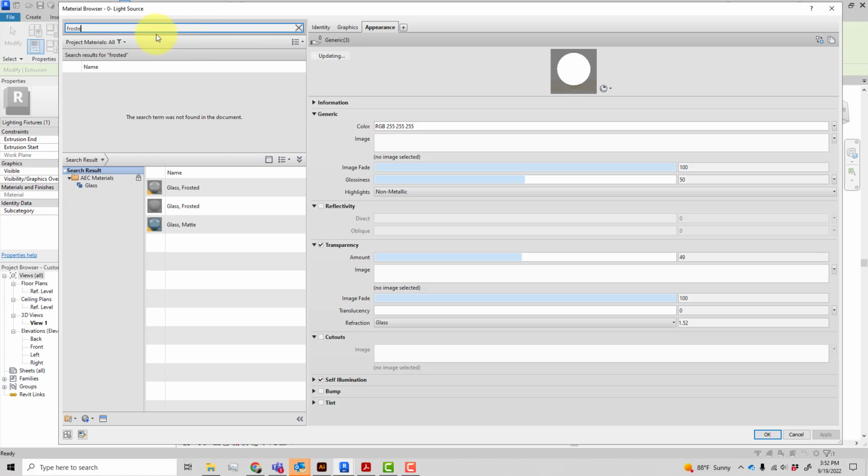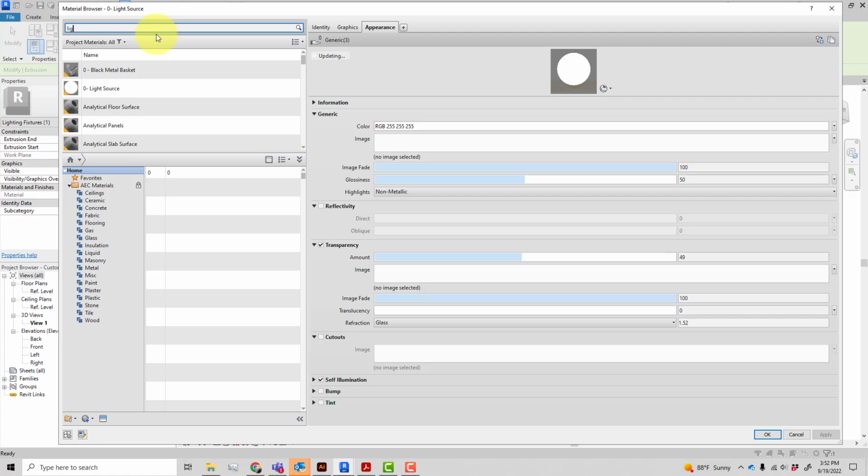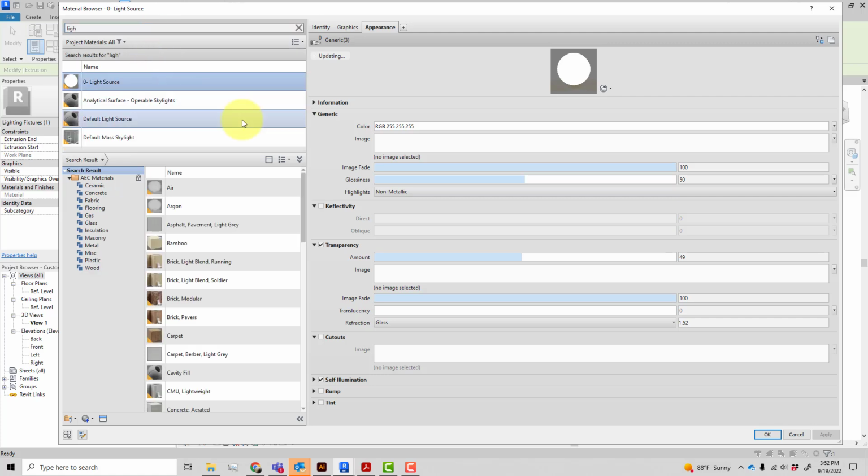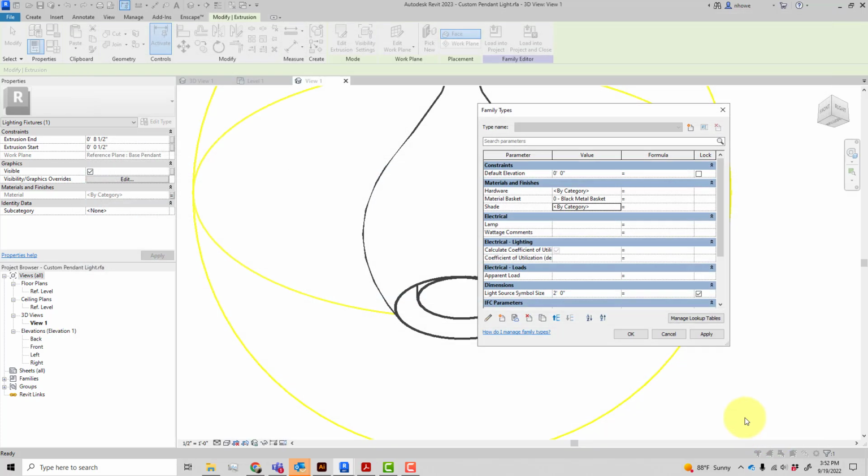Yeah, I think we'll call it light source. And then the hardware,